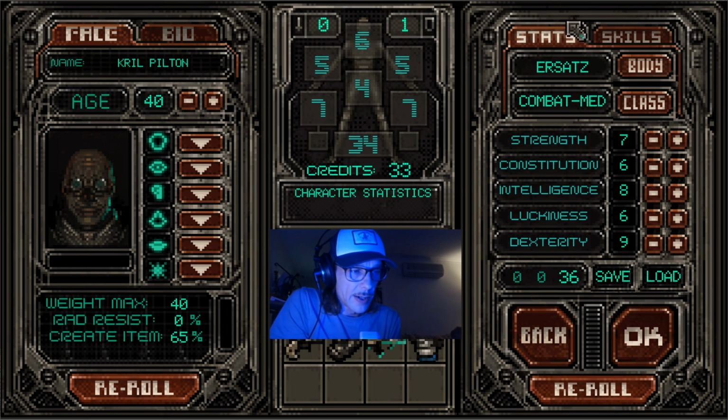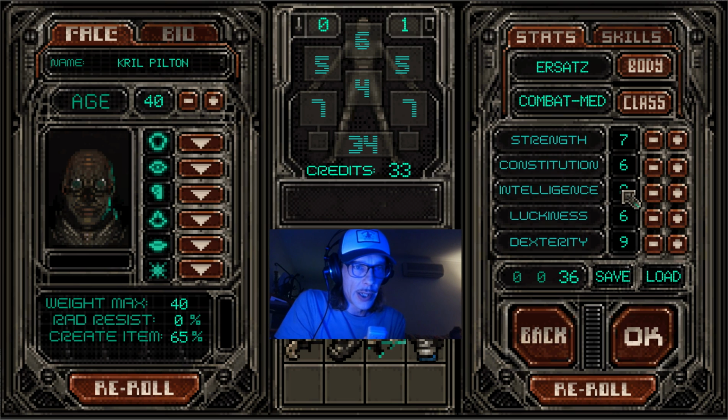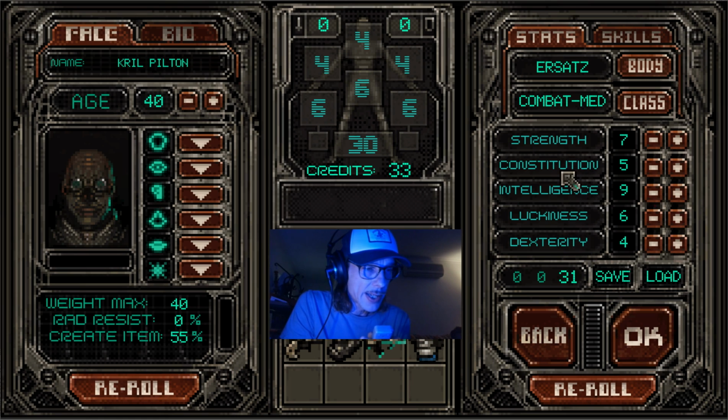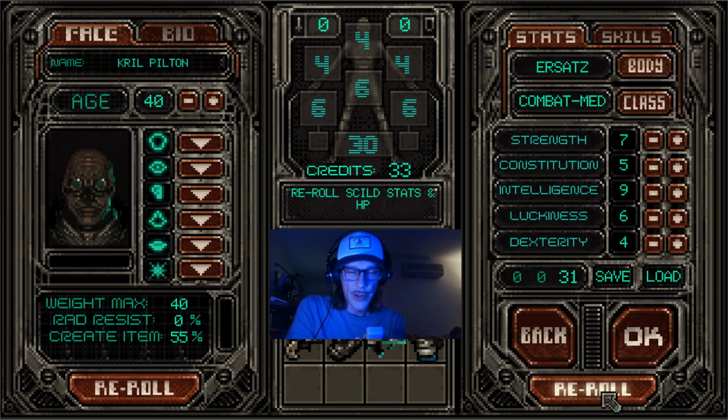Again, you're going to see a lot of tooltips pop up really rapidly here. All this stuff is going to change. So let's see if we can see some of these adjusters come into play. So ersatz has a bonus on intelligence. You'll see intelligence get a bump every time I re-roll, and likewise, I believe Constitution is adjusted downwards, so